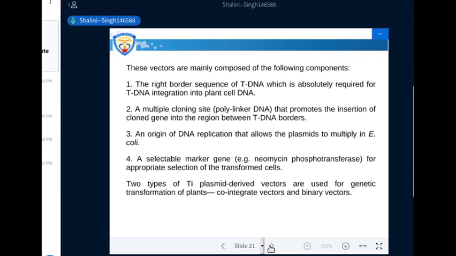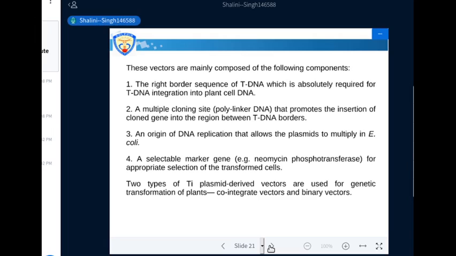First are the factors. They are mainly composed of the following components. First, the right border sequence of tDNA, which is absolutely required for tDNA integration into plant cell DNA. A multiple cloning site that promotes the insertion of cloned DNA into the region between tDNA borders, and an origin of DNA replication that allows the plasmid to multiply in E. coli. A selectable marker gene, NPT2, HPT2 in E. coli,